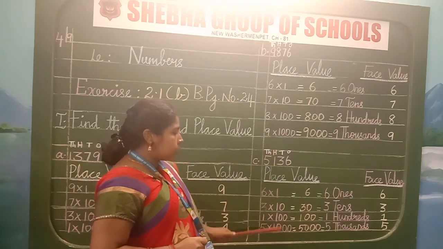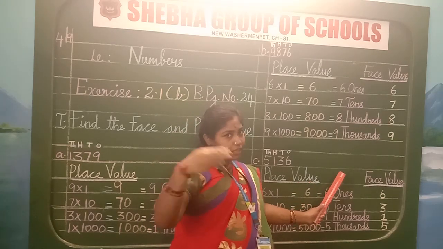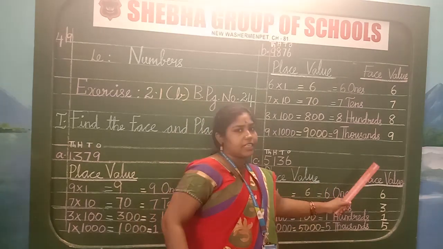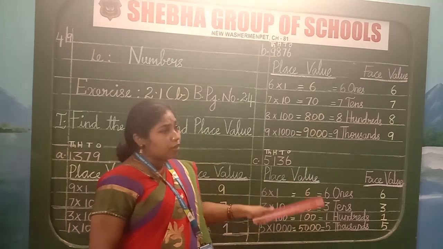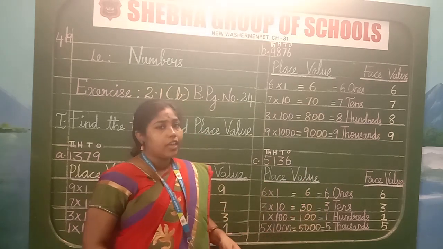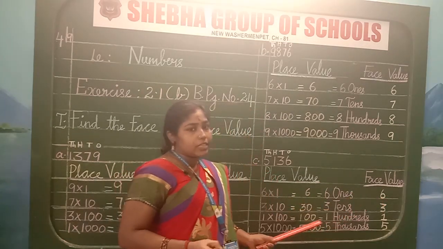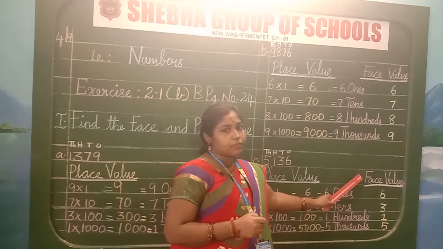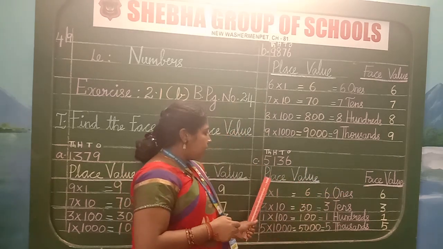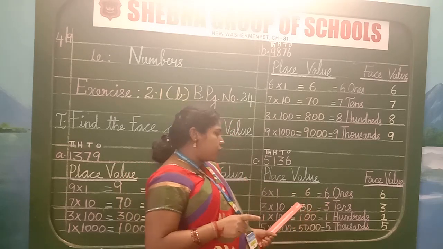In the next line, mention place value. After the margin, write the face value. Whenever you are finished writing the place value and face value, children, take your ruler and underline it. Okay, take your pencil and scale and underline that place value and face value. Start with the capital letter, so it will give you a neat look.